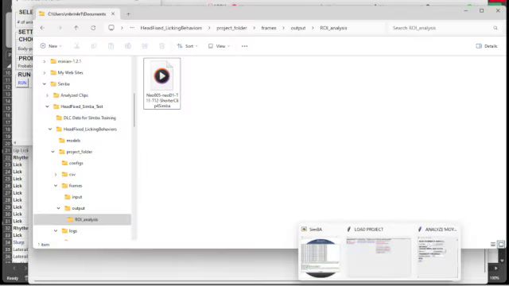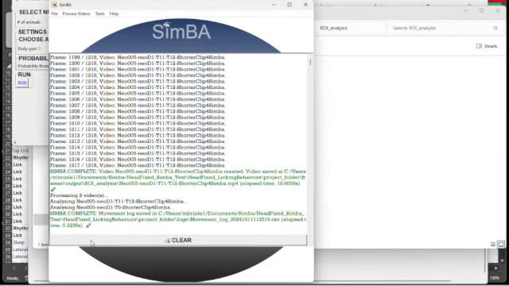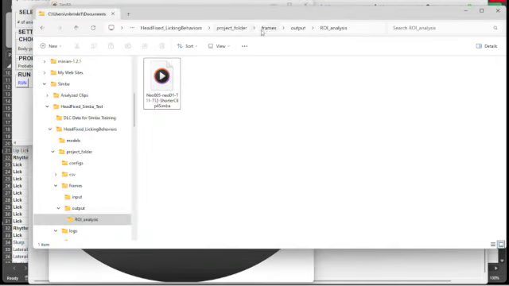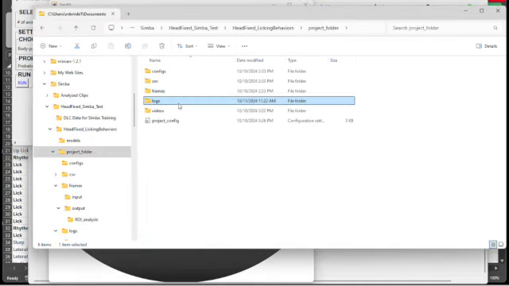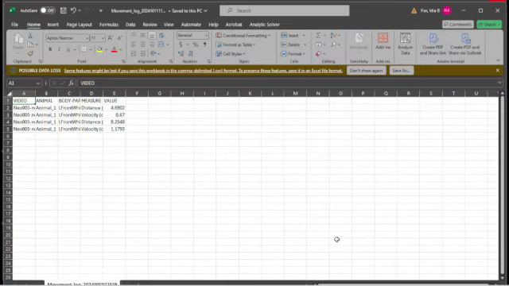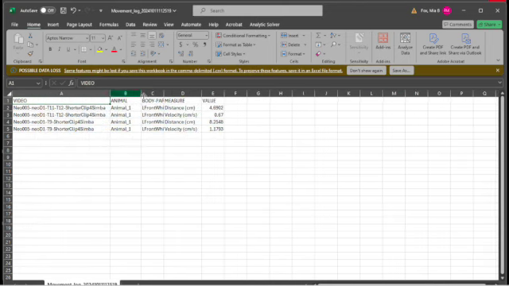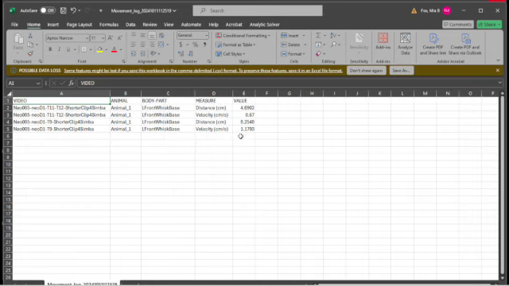And so it has completed that, and I can look at this movement log.csv. So if I go into my project folder, logs, movement log. And this can be helpful for you if you're trying to track the distance that an animal's moved. It is just giving me the distance and the velocity for each